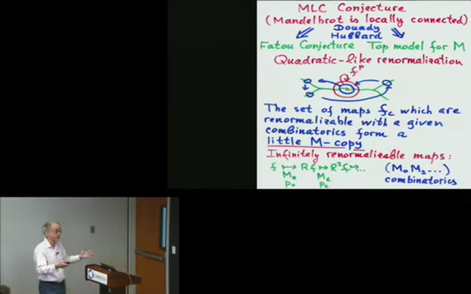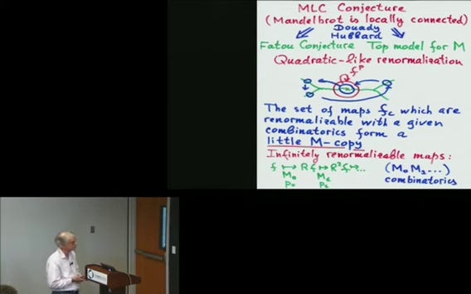So, well-defined renormalization. Some maps are renormalizable, some maps are not renormalizable. Some are infinitely renormalizable, some are only finitely renormalizable, etc. So you can now classify all maps in this way, but you can also attach certain combinatorics to